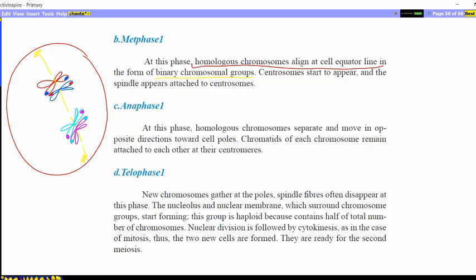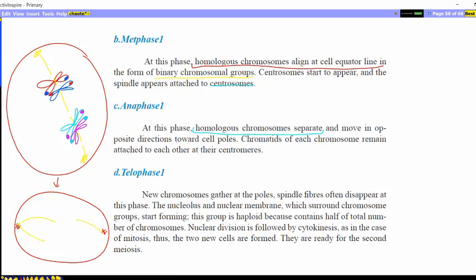Centrosomes start to appear and the spindle fibers are attached to centrosomes or centromeres. Anaphase 1: at this phase, homologous chromosomes separate. As you remember, we said in meiosis 1, homologous chromosomes separate. So if we show that on the picture, we draw a cell again, with centrosomes,